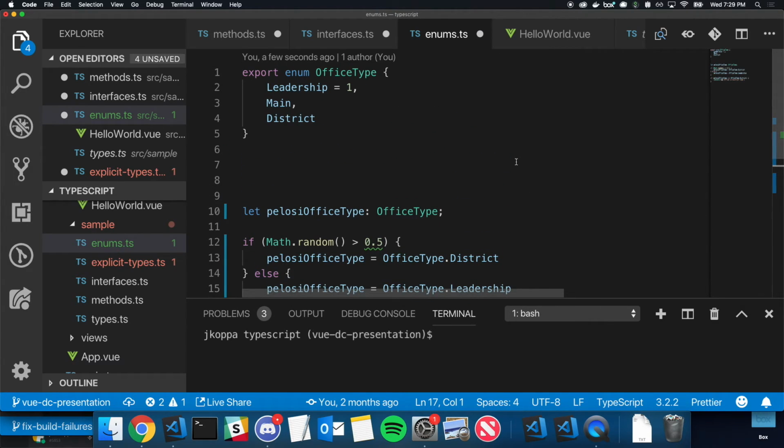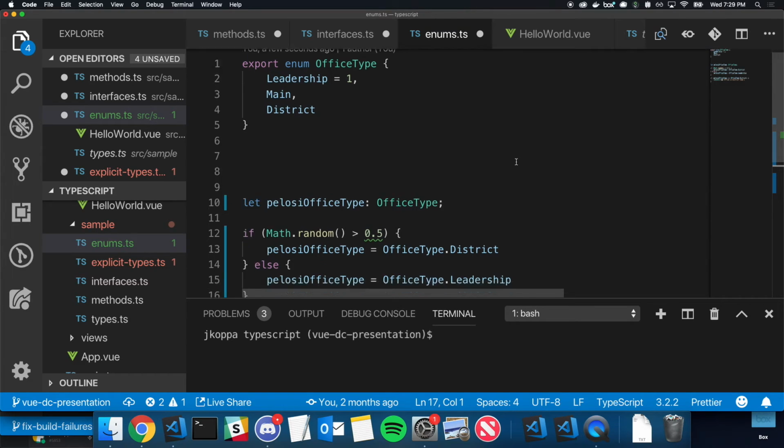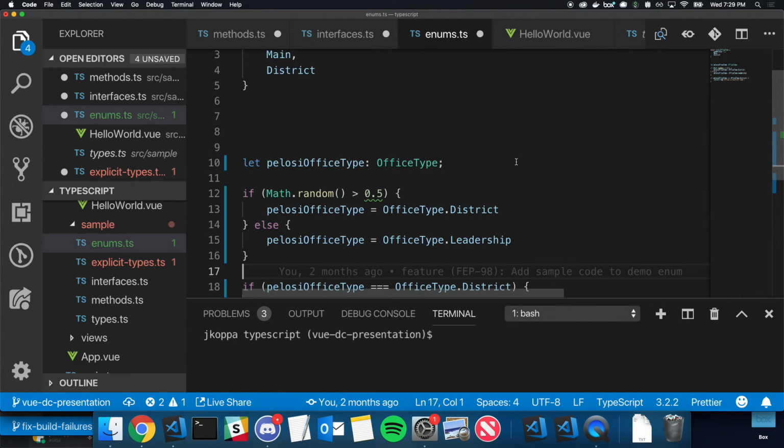Enums have existence at the time of compile. They compile to an object so that you can make these comparisons at runtime. There needs to be something there to help you make the comparison. And there's also some really cool things you can do where you can get the label of an enum if you access the individual member of the enum. Not doing a great job explaining there, but there's some great stuff you can do with enums. They're very powerful.